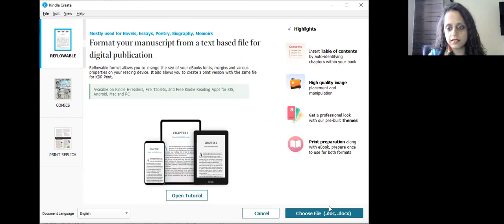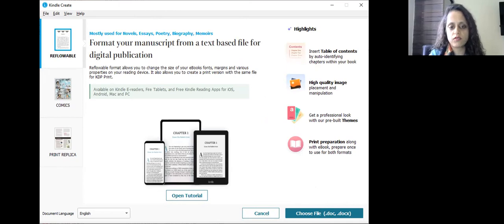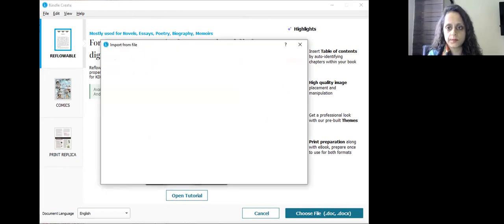Choose a file here. See down, choose a file, the .doc file. So wherever your file is saved, you will choose. I'll choose mine right now. Some random thing I will pick up.